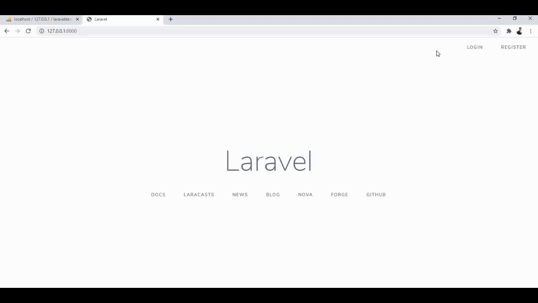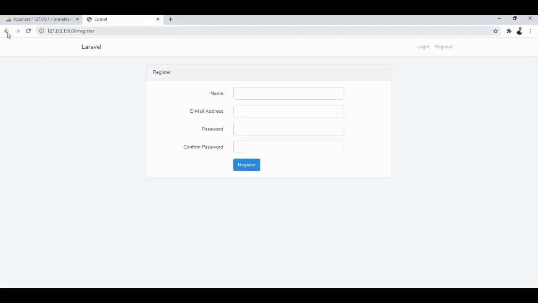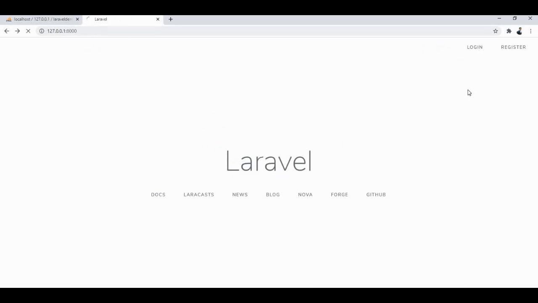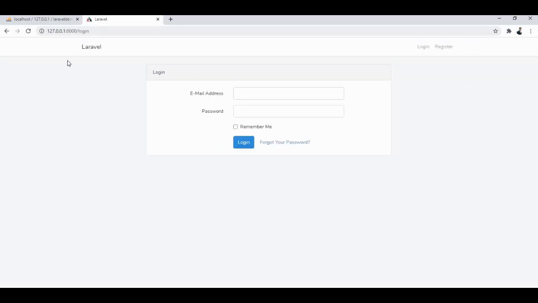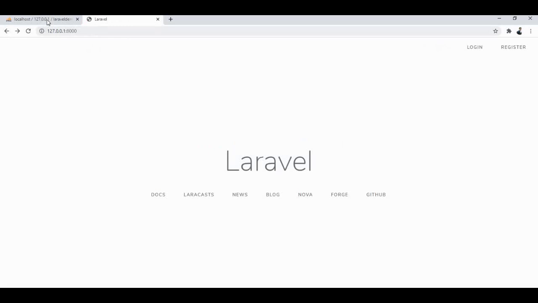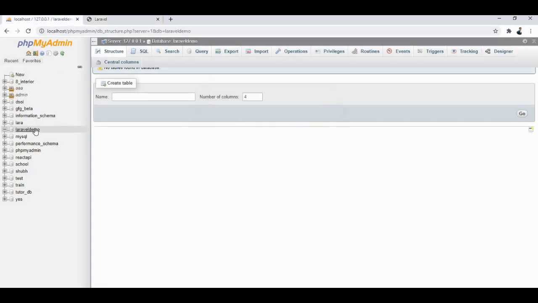After refresh you can see login and registration buttons in the right corner. When you click registration, you will get a registration form, and when you click login, you will get the login form. First, you have to check in the database which is linked to your project. Go to your database, and here you can see there are no changes in your database. It means we first have to create the user table to authenticate our login and registration.